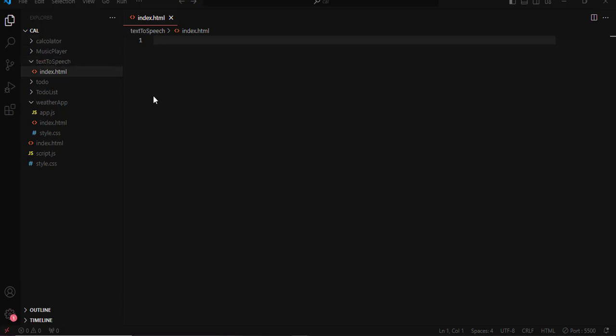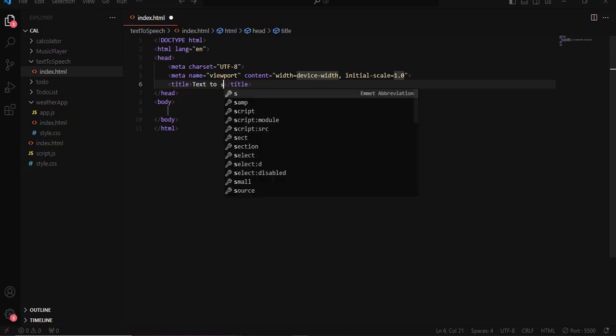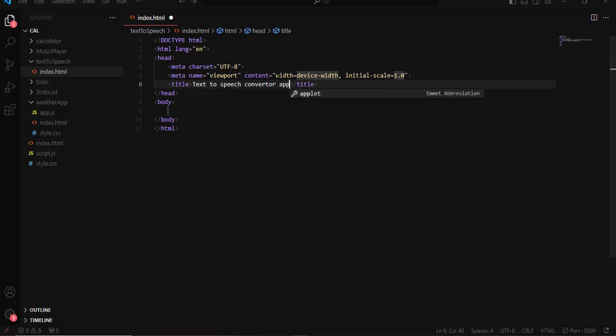So now what I would like to do is press the shift key and the exclamation key simultaneously, and when I press enter, here we have the boilerplate for the HTML document. Here we have the basic HTML document right here. So now let me give a title for the project. Here we have text-to-speech converter app. And then what I would like to do is we are going to create